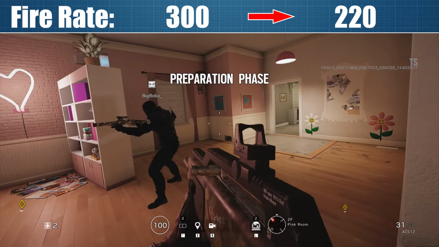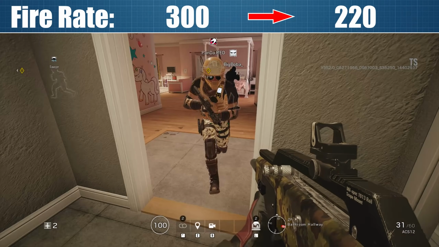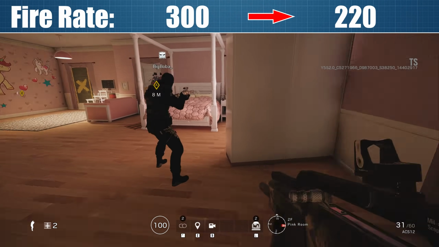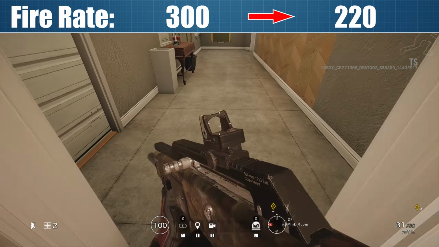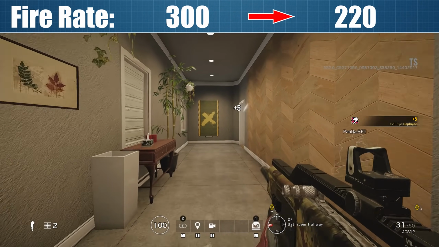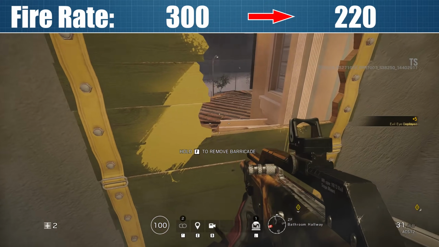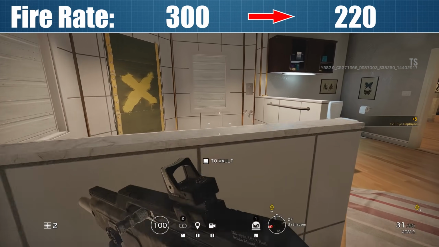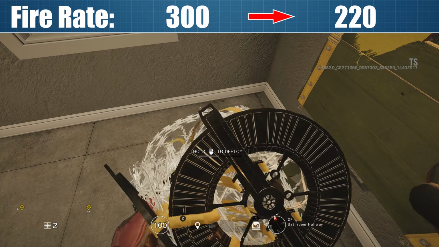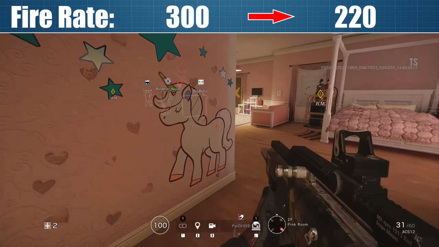Back in the good old days, this full auto shotgun used to have a fire rate of 300 RPM, and for the longest time this was also the official stat listed in the in-game menu, even though this gun had received a stealth nerf in the background to bring it down to 220 RPM instead. This nerf was never officially announced, and there was a discrepancy between the in-game stats and the actual fire rate for quite a long time, but eventually the in-game stat was brought down to 220 to reflect the actual behavior